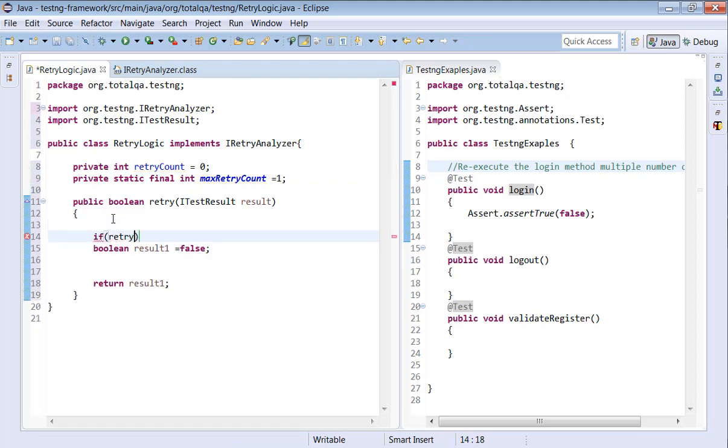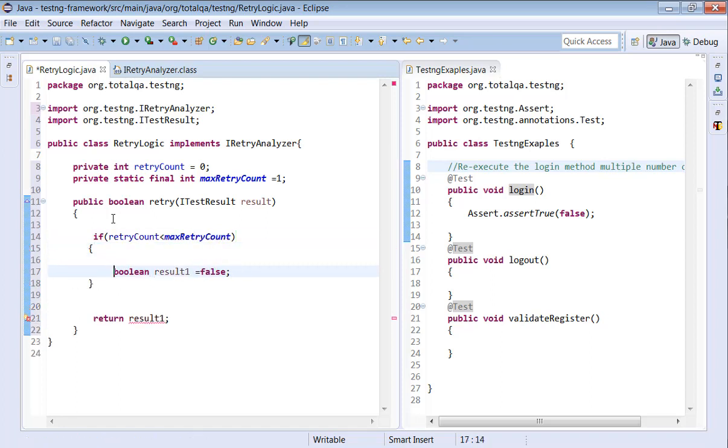Now we'll put a conditional statement: if retryCount is less than maxRetryCount, yes. Then inside the conditional statement, we'll try to increment it.